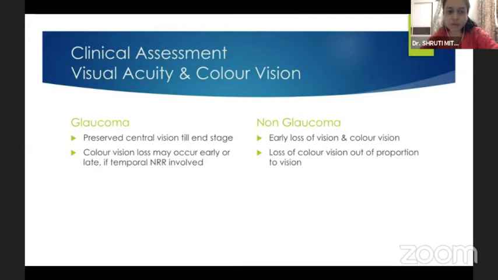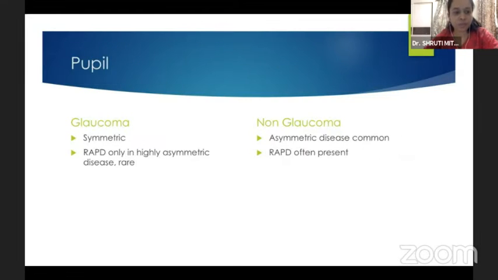Clinical assessment: visual acuity and color vision in cases of glaucoma are usually preserved to the end stage, whereas in neuro-ophthalmic cases, there is early loss of both vision and color vision. In cases of glaucoma, RAPD is very rarely seen. Only in cases where the glaucoma is highly asymmetric would we note an RAPD, whereas in non-glaucoma cases, RAPD is